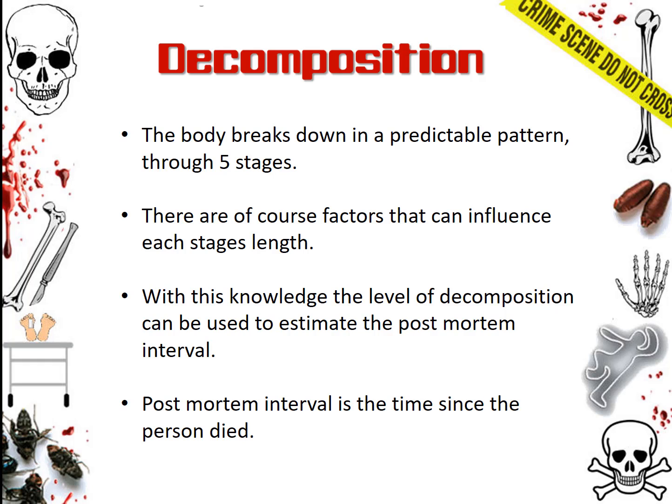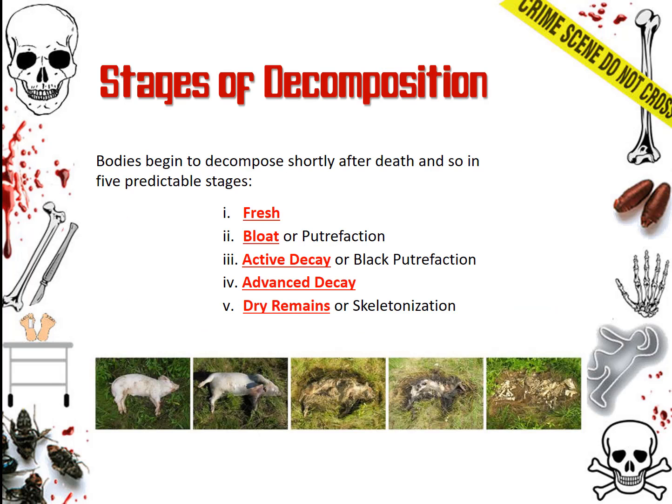Today we're going to be talking about decomposition. So what is decomposition? Well, decomposition is the breakdown of the body after death. Decomposition occurs in 5 predictable stages in a pattern that we recognize. There are, of course, factors that can influence how quickly each one of these stages occurs. They can slow it down, they can speed it up. But knowing the predictable pattern and how the factors affect the rate of decomposition, medical examiners can use that information to try to determine what's known as the post-mortem interval, and this is the amount of time that's passed since